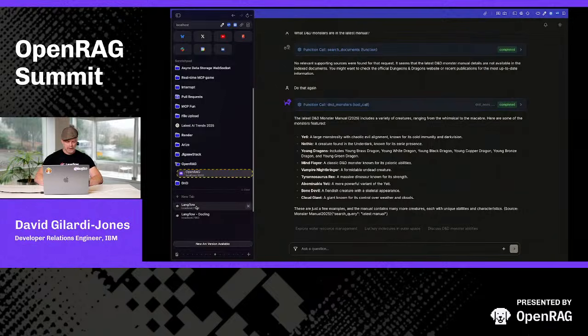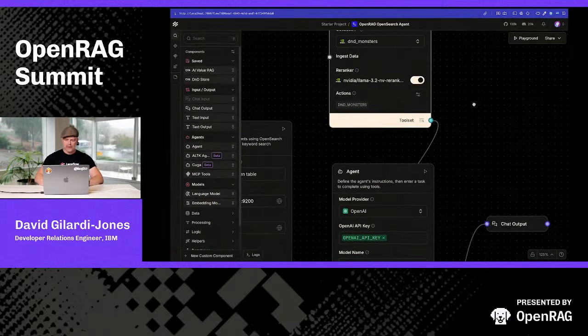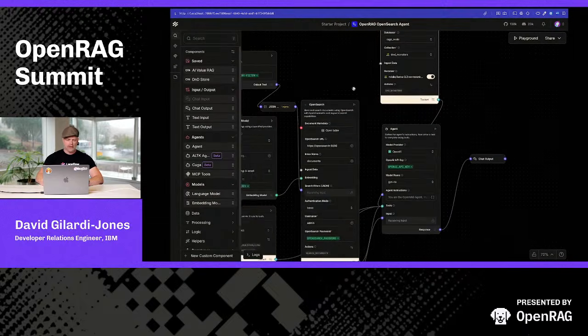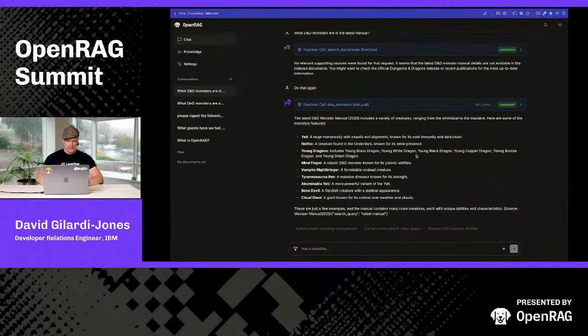Well, remember, I mentioned that slug a moment ago. So our agent, the one our OpenRAG set up, was able to determine, based off of the question I asked, what the actual monsters were and what the correct tool was. So now I was able to take external data that was not something I ingested directly into OpenRAG, and I was able to very easily add it right into my flow,